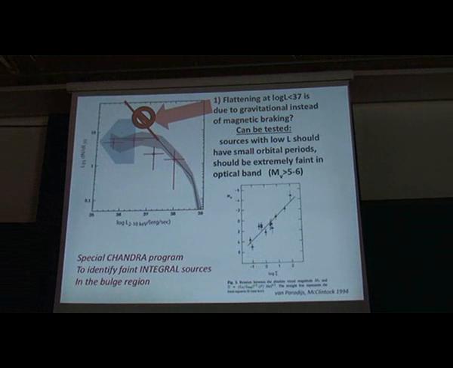And okay, what we actually see with INTEGRAL is that the slope that was predicted from observation of distant elliptical galaxies and from a theoretical point of view about magnetic stellar wind doesn't continue to low luminosity. It definitely has a break at around this luminosity, and in this area the mechanism of removal of angular momentum is probably different from what we have here. And here we definitely know counterparts of systems, and we know that they are not gravitational wave emitters. And now we should do a study in this area.